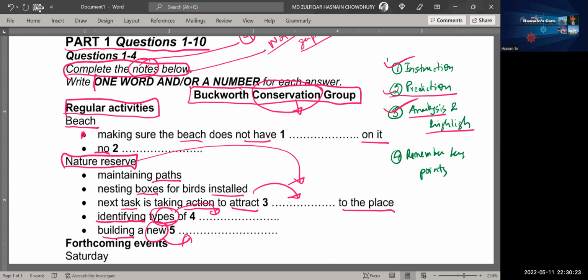Right, but it says questions 1 to 4. I think it might be 1 to 5. So there are 5 questions. In the first question, what is not expected on the beach? What should not be allowed on the beach? And the third question is,